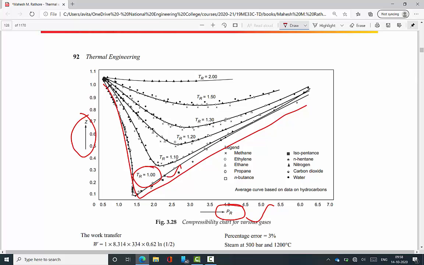That Z is determined from the compressibility chart alone. Otherwise, that chart also has some errors. Now we discuss other types of equations of state for real gases to get accurate results. The equations of state are, first one is